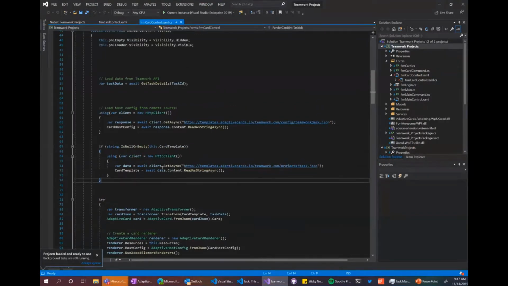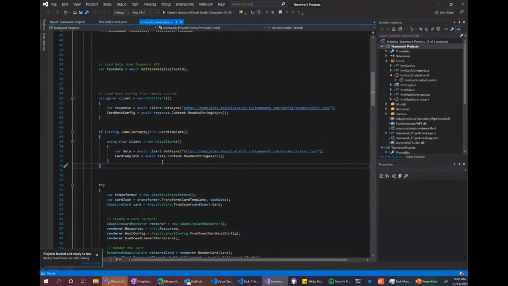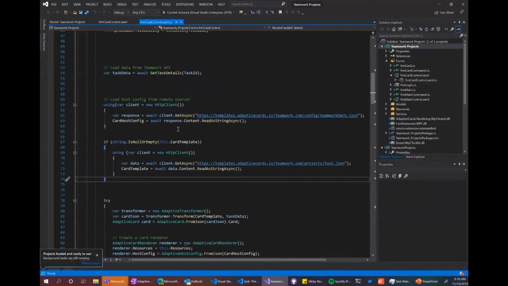So this is the code. If you're not a programmer, that's okay. I think it's relatively easy to follow. But just to show a little bit of the behind the scenes there, basically he writes standard C# code to get the task details. This is a C# object. This doesn't matter. It's just how they fetch, they have a cloud service that returns some data, and they're just putting it into data. Like, this is literally just what you've been doing in .NET or software development since the dawn of time. You're making a request and you're putting it into an object.